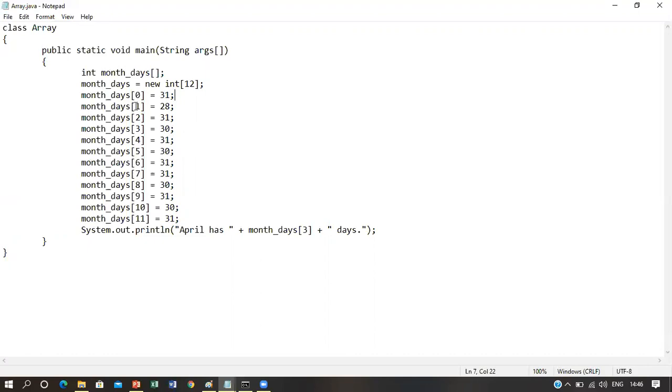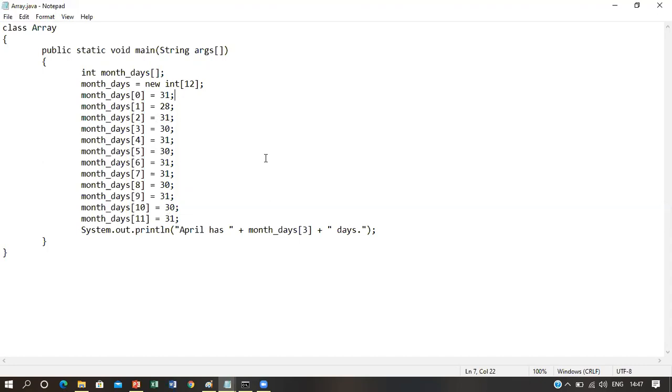In the next index, which is the first index and holds the second element of the array, we put the number of days count of the month February, which is 28 in our case. In the next cell, which is the second index and holds the third element in the array, we store the number of days count of the month of March, which is 31 again, and this goes on till December. Now we want to show how many days there are in the April month. So April is the fourth month of the year.